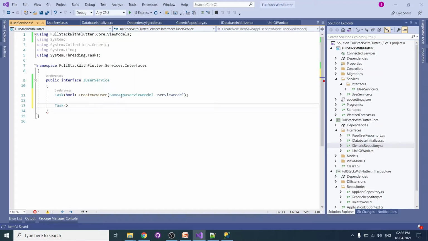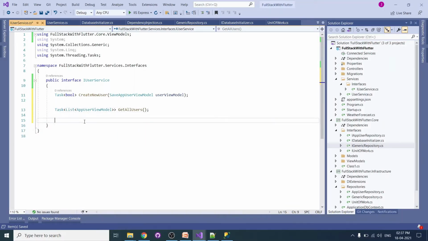So the users will be app user model. Okay, so it can be a list. So it can be a list of users, right? So get all users